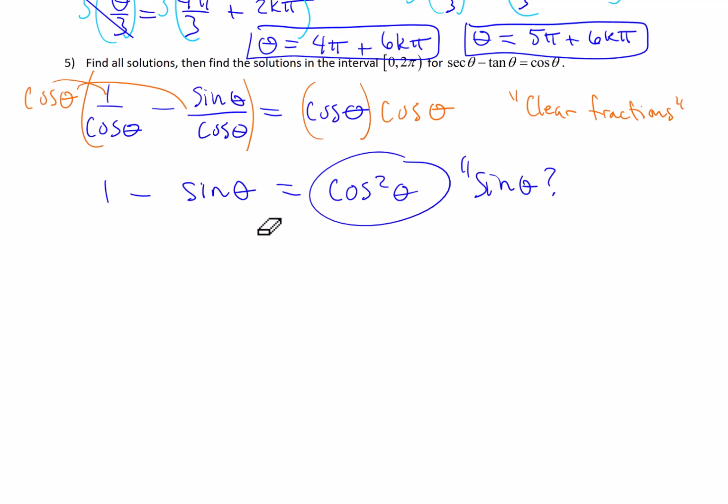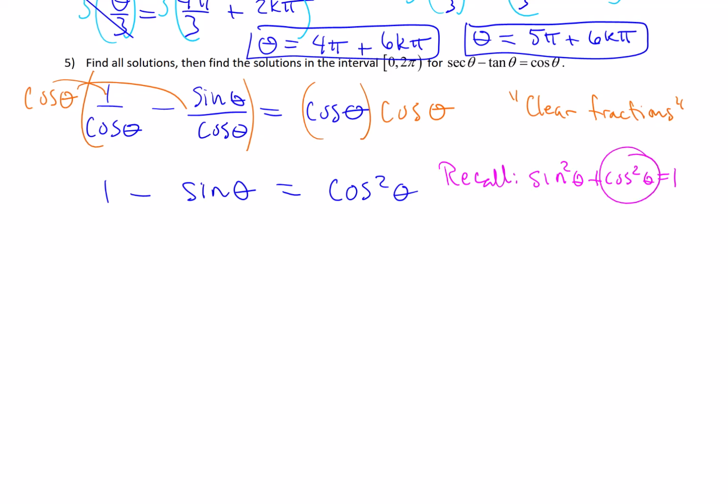So let's bring back our cosine squared identities, actually any identities we have. You may recall that the Pythagorean identity even will do this. So we know, and let me just recall this on the side here, sine squared theta plus cosine squared theta equals 1, which means if you were to solve that for cosine,